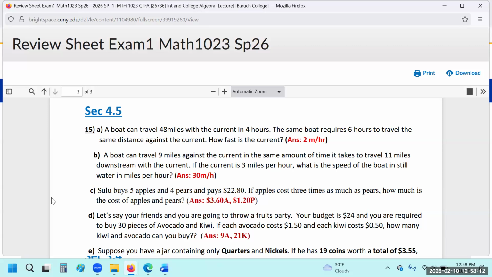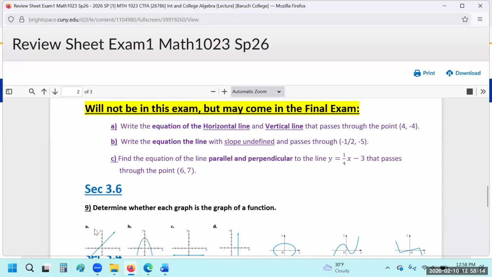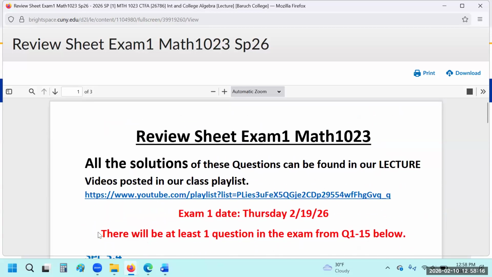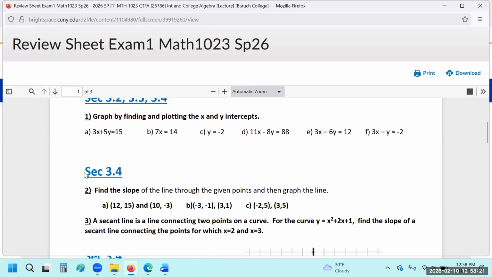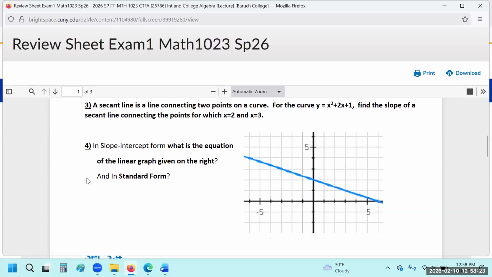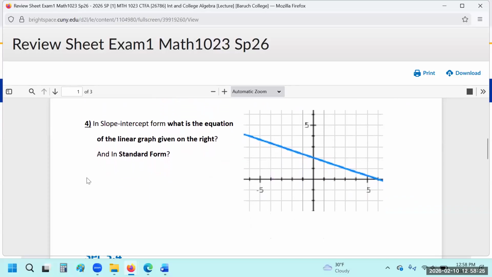And study this review sheet. So try doing all these questions before Friday. Like at least look at this and then see what you think is the hardest. So if you want me to go over any of these, then I'll go over them on Friday. And then we'll do 4.5. And also on Friday, there is PLTL. So whatever you need help with, you can definitely ask the PLTL leaders to help you with those things.